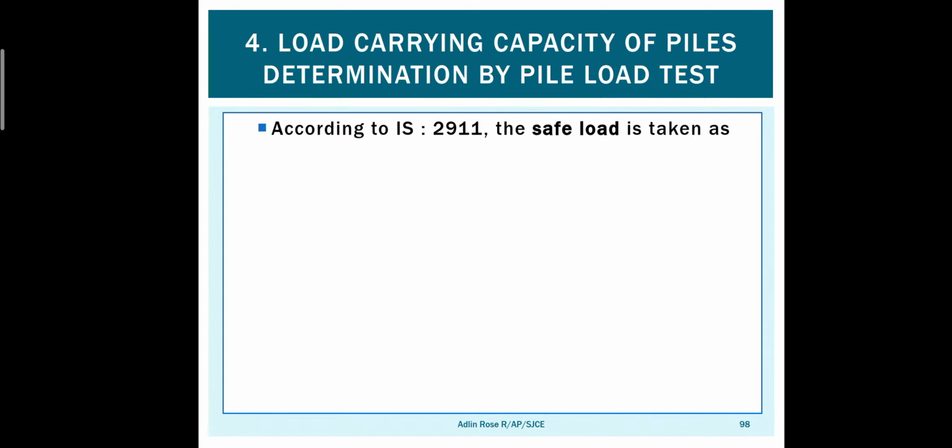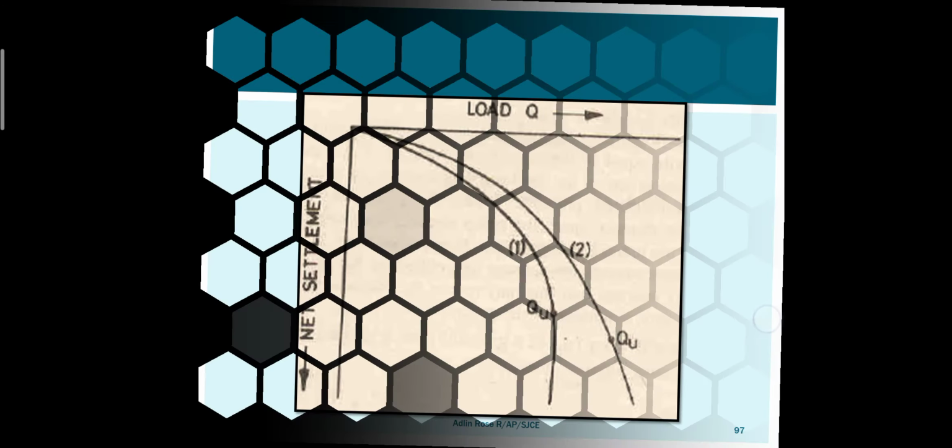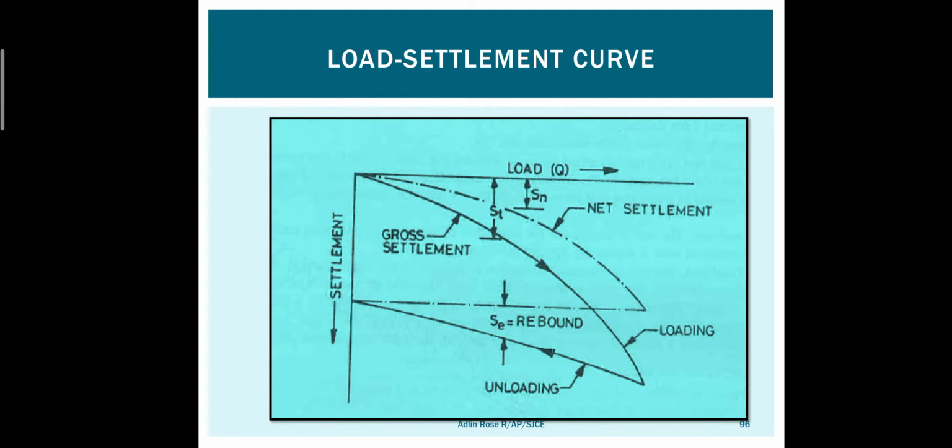Okay, finally, from this curve, how will you find it? When you recall the plate load test load settlement curve, in the plate load test the ultimate bearing capacity is obtained by drawing two tangents. One tangent from the upper part of the curve and another tangent from the lower part of the curve, and the two tangents will meet at one point, and that is going to be the ultimate bearing capacity. Here it is different.